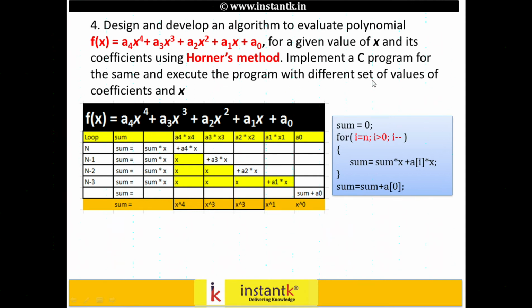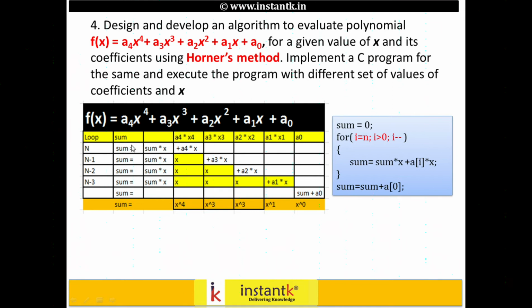We could do this in a lot of different ways, but the simplest way is to start from n. What if there are 1, 2, 3, 4, 5 coefficients, what is the order of it? If they say fourth order, you start from n, take a loop, and go back from n with i greater than or equal to 0, i minus minus. You have to be very careful with this.